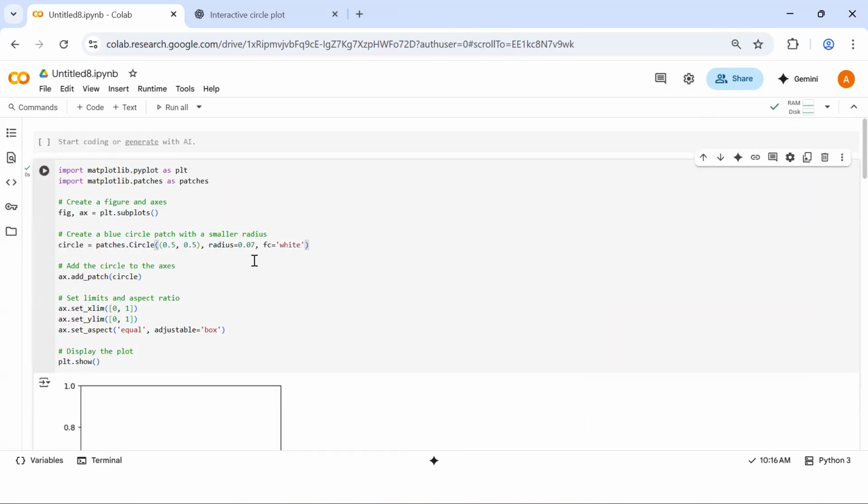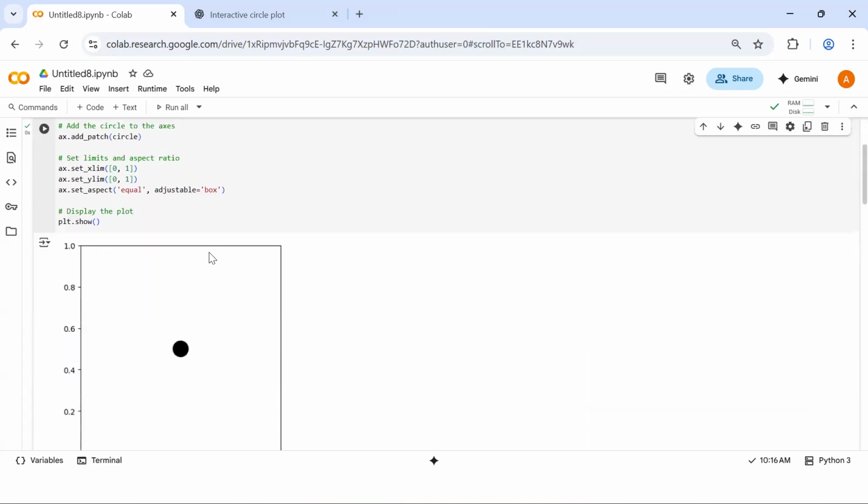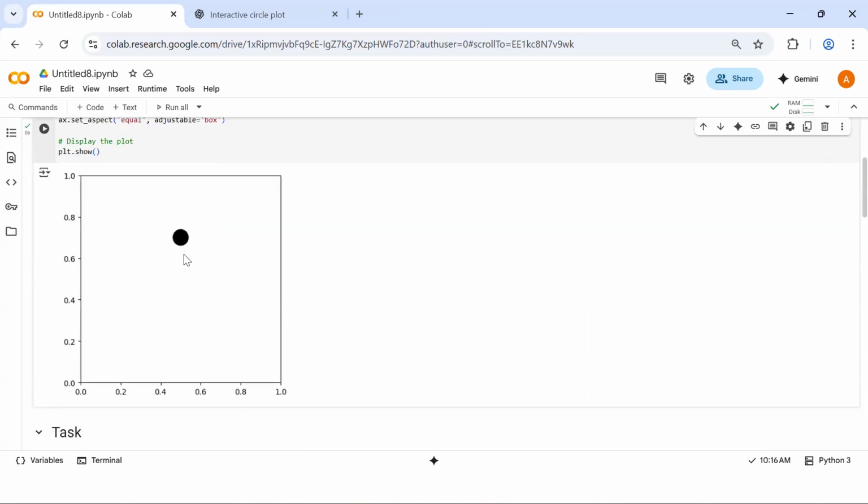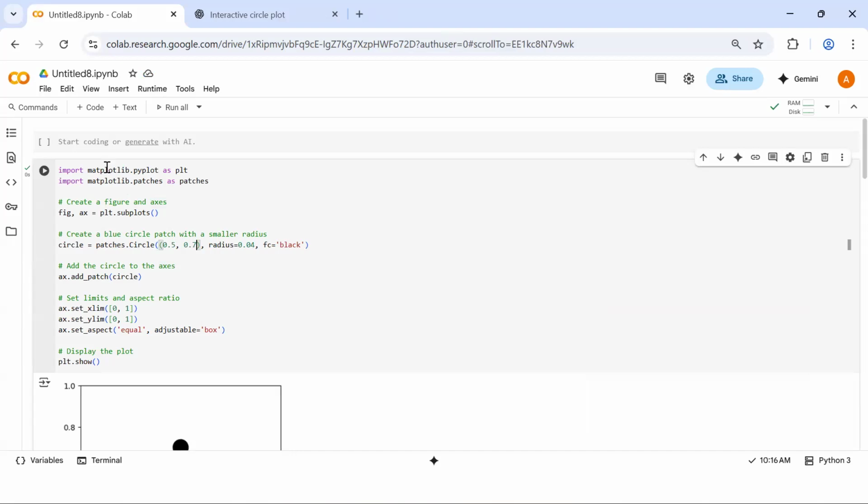white, because it's white, it actually doesn't show up, right? Say, make it black, and then make this one, say, the radius you can change, right? You can change a lot of the things. Let's say you can change the position of it, right? And it's quite simple to understand. These two are bringing